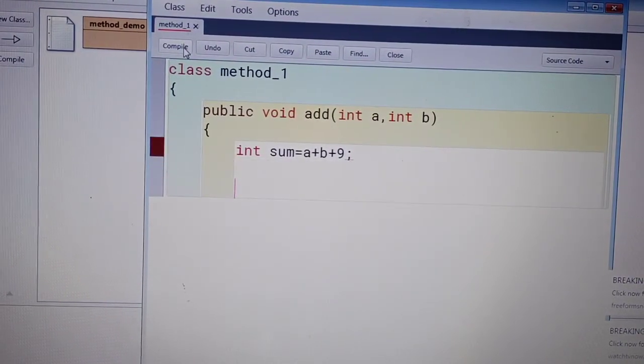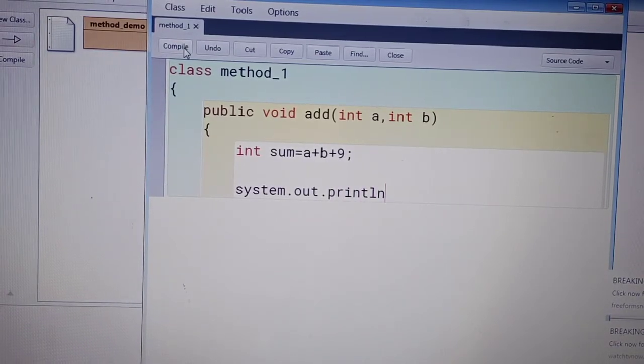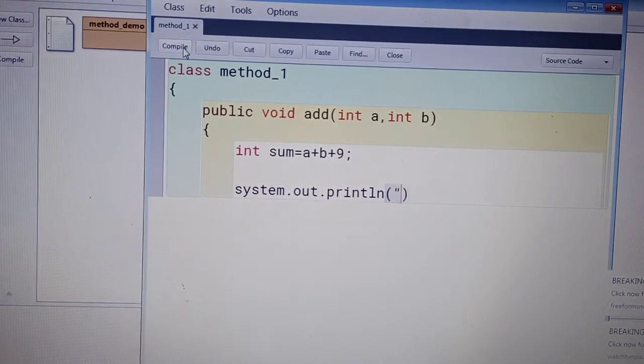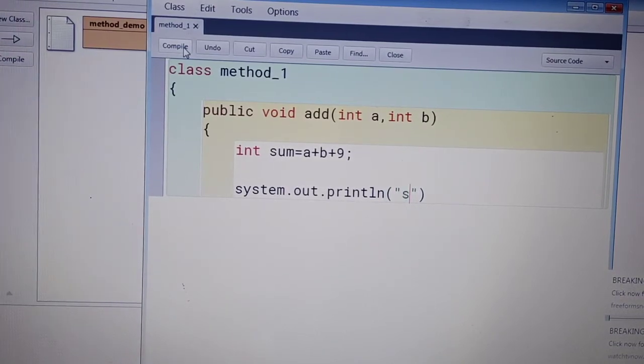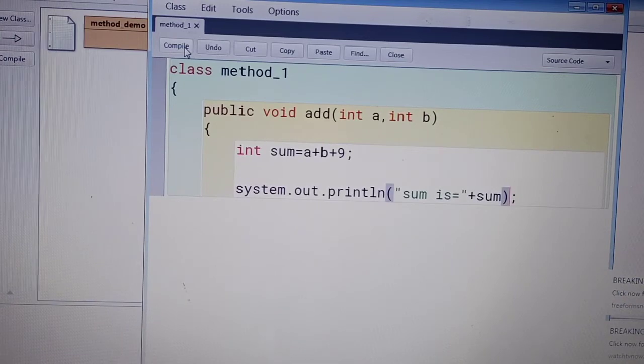Then using System.out.println, print with the message "sum is equals to", and print here the sum value. After this, semicolon. Here is one syntax error: System's S should be in capital form.